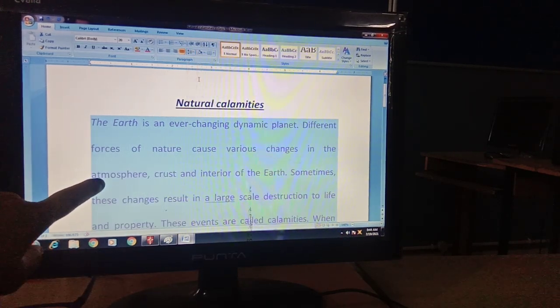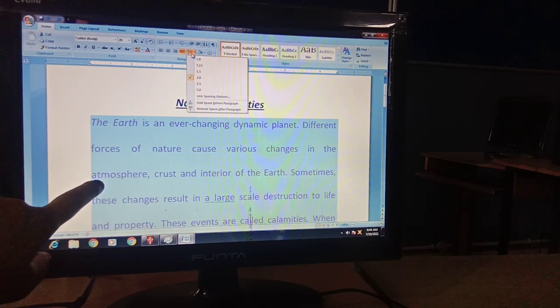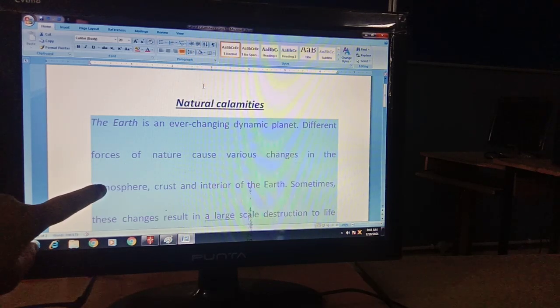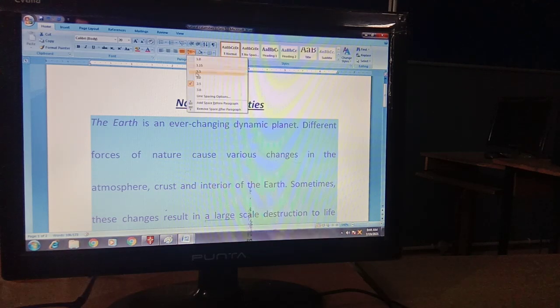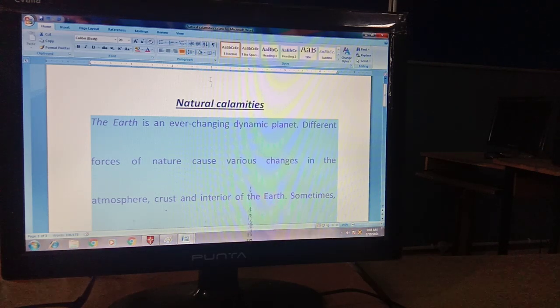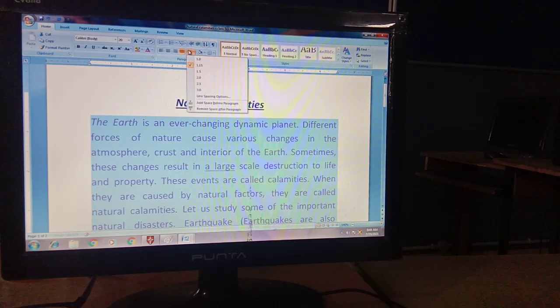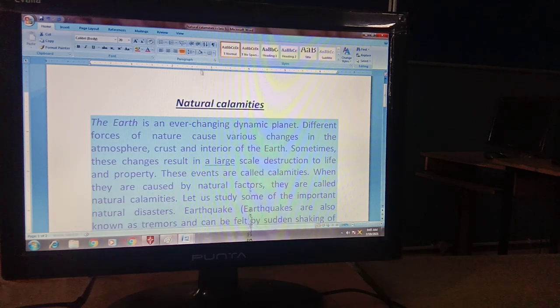As I select 2, line spacing is more. As I select 2.5, line spacing is more than that. And you can decrease it like this, and from here also you can decrease. This is the lowest one, that is 1.0.